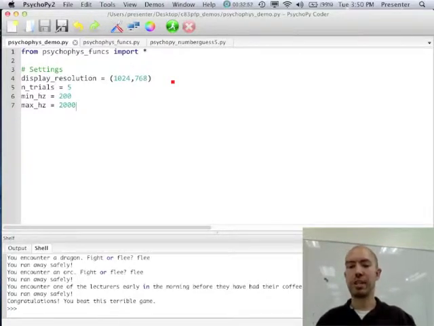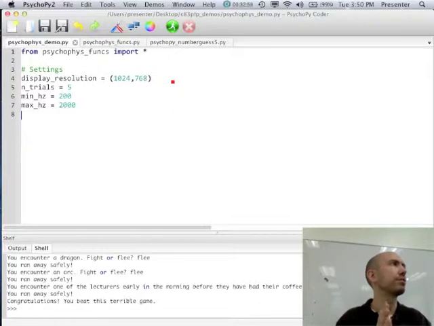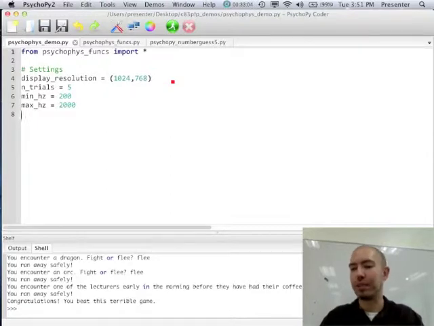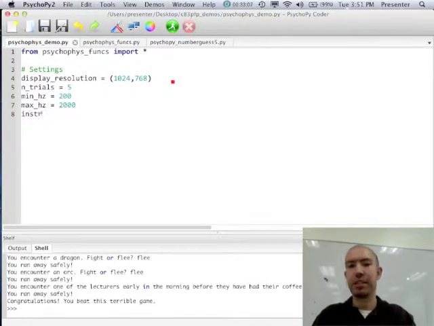So, instructions text. We'll probably want to put some instructions up on the screen. Again, I'm going to keep doing this thing that we've already been doing, where we take all of our important stuff that might change from task to task and put it up at the top so we can easily change it. So let's say we're going to have 2 screens of instructions, and instructions screen 1